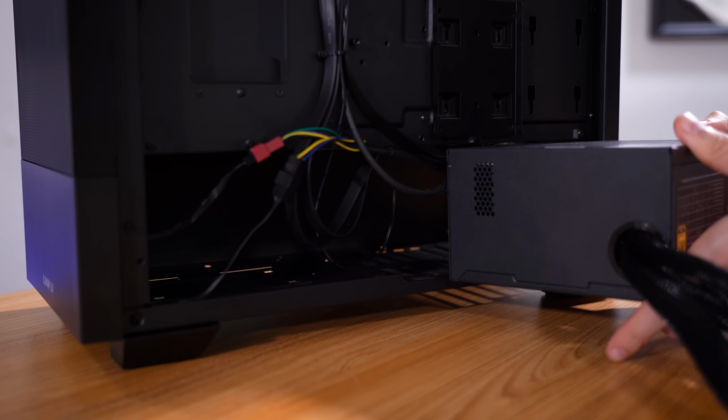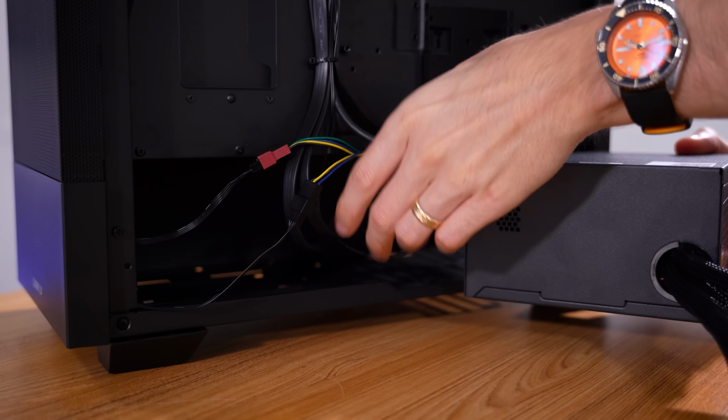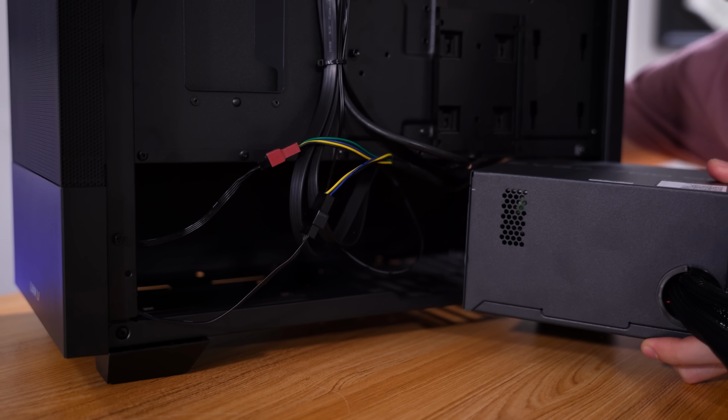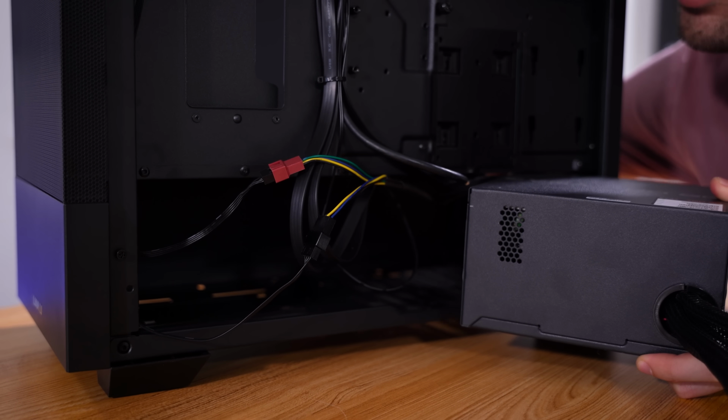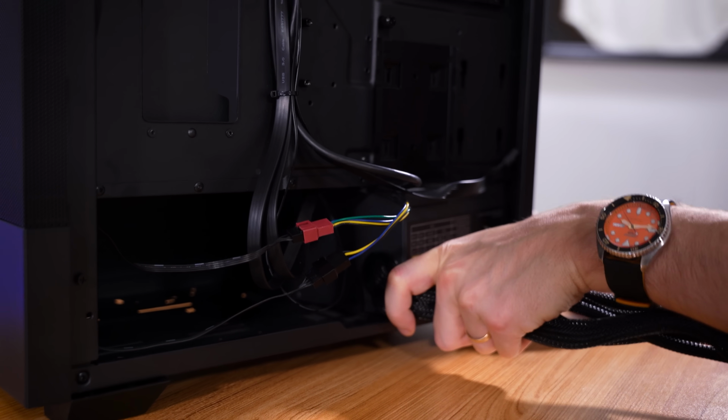In she goes. It is going to be a big help that this unit is not super long. It's getting snagged on this HD audio cable. Okay, did not see that one coming. A few moments later. Mount to...